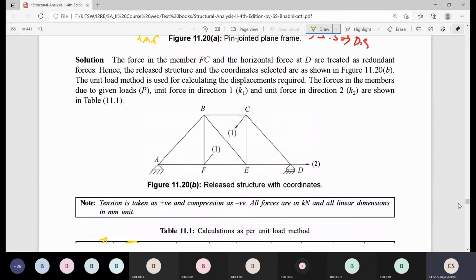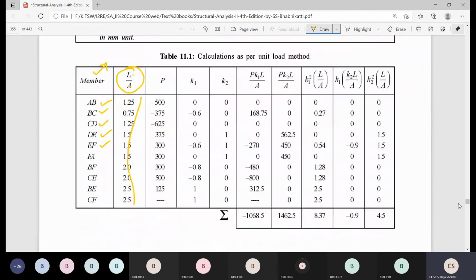So that we need to write here. If you consider tensile force as positive and compressive force as negative, then if you get negative values, we need to write them here. So compressive will be considered negative, tension forces will be considered positive, and you need to write the forces in the members, which we calculate by using method of joints or method of sections.